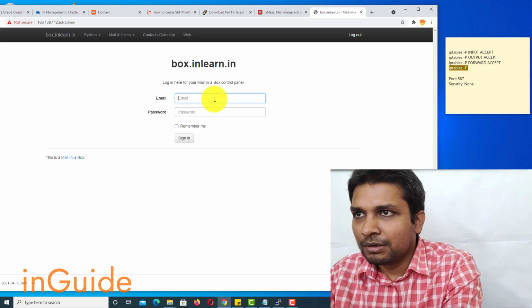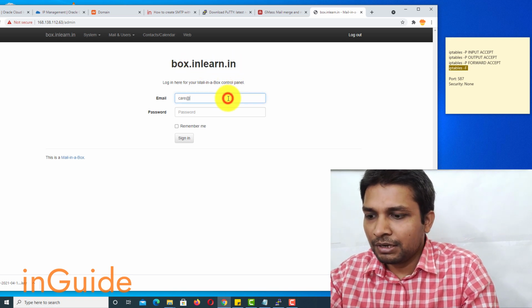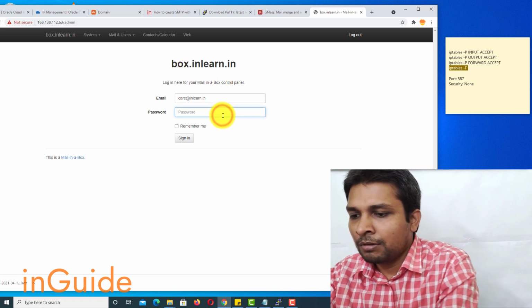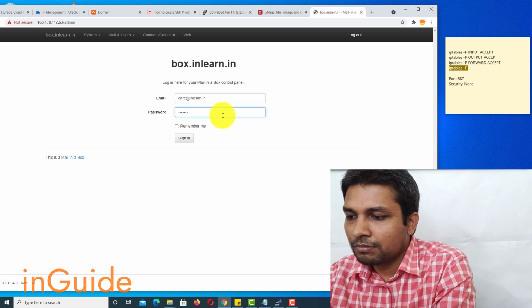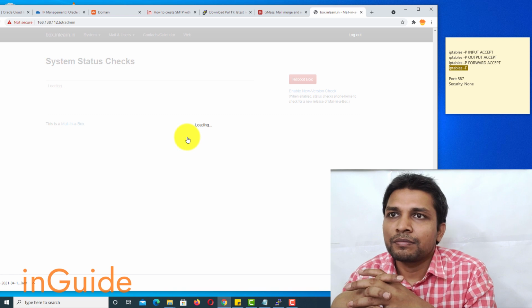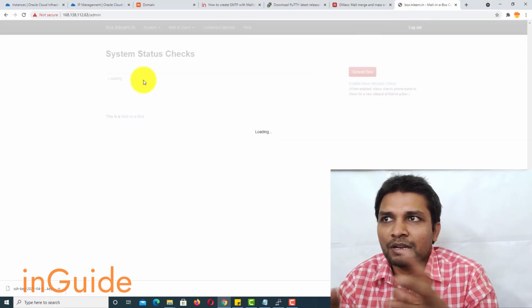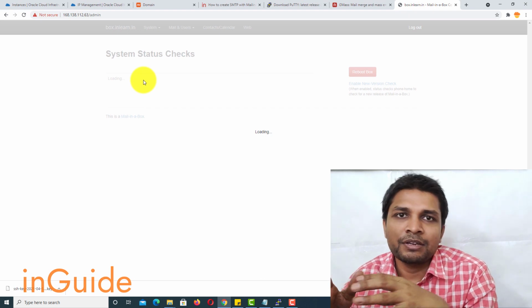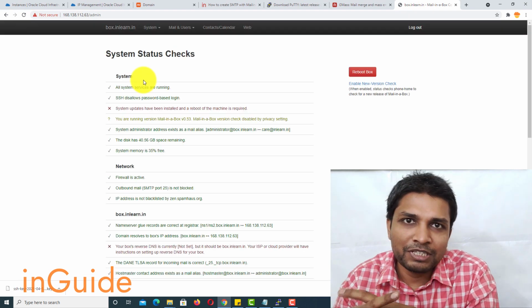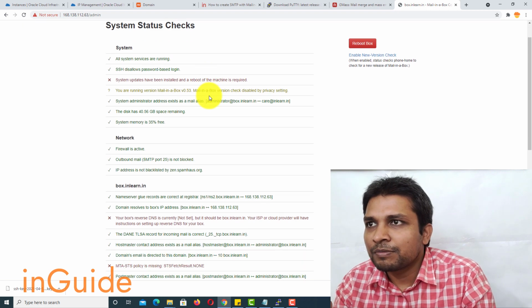Now here enter the email address that I created, and next is the password, and after that click sign in. Now Mail in a Box will show you everything in a system status check, like what things you have been missing and what things you have to fix.